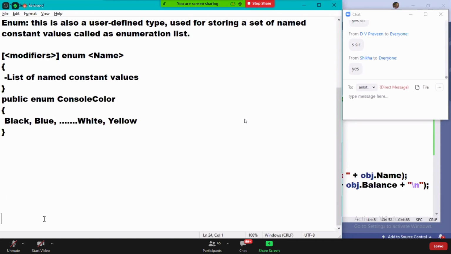Okay, now. So this is what it looks like. We can just go for declaring this. This is how the enum is declared. Same like this, guys. I want to declare one enum like this: public enum Cities.